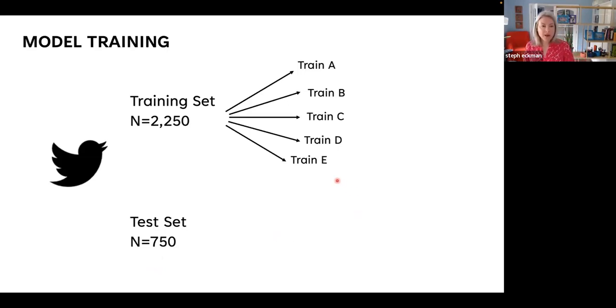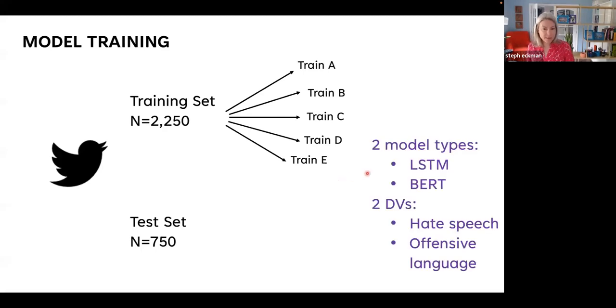I've been talking about 5 models, but it's actually a little more complex than that because we fit 2 different types of models. Some of you may be familiar with these. We did one, which is an LSTM, that stands for long short-term memory. That seems a little strange of a name to me, but it's the long short-term memory model. This one was trained entirely on our data. We created this model and trained it on, say, labels collected in condition D, and that's all the model knew, the labels that we had from condition D in the training set.